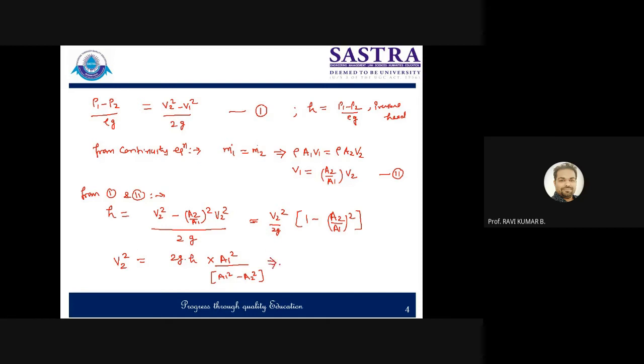So now you write V2 out of this. Directly I'm writing here: V2 means you have to take the under root over this. The moment you put the under root, this will become A1 and the remaining parameters will go under root. So we can write A1 divided by under root A1 square minus A2 square, this is one term, multiplied by under root 2 times G into H. So this we have written, this is the velocity at exit, right? Velocity at exit you got from here.